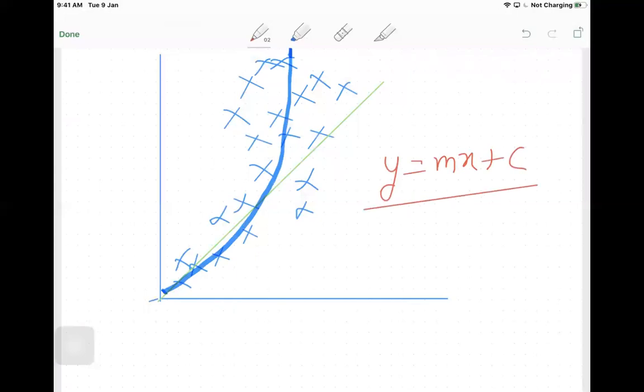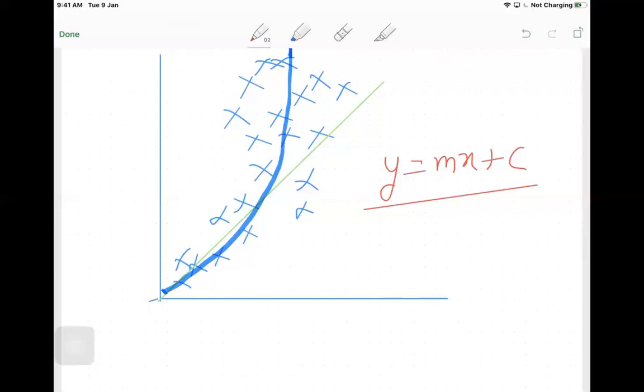If there is linearity in data, please note this point because it's a very important topic. How do you find whether there is linearity in data? Go back to the session yesterday that I told you. Whenever you want to look at a particular feature, quickly put a scatter plot. The moment you put a scatter plot, it appears something like this, what I'm showing right now. Looking at the data, you will understand whether there is linearity or not.